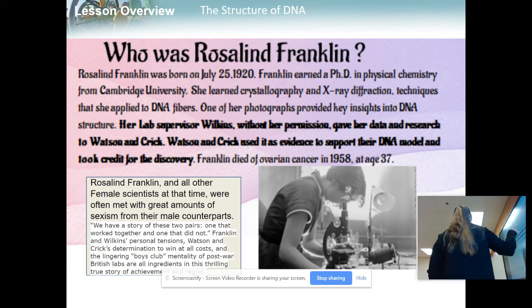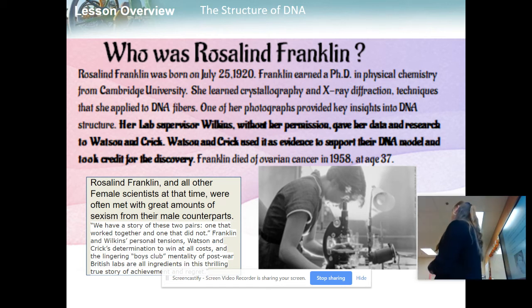Rosalind Franklin did not work together with her partner, but Watson and Crick were two men that really worked well together and worked well within the university. When she discovered this, a full 18 months ahead of the others, she gave a talk at the university, which Watson attended. Based off of her Photo 51, he suggested it had to be most probably a double helix with base pairing in between. He just said that off the cuff, and that was it. And then, lo and behold, a few months later,